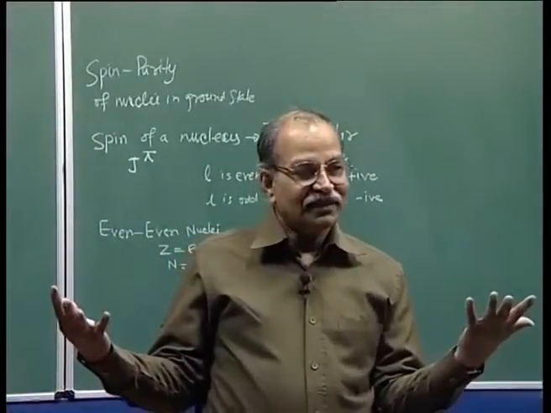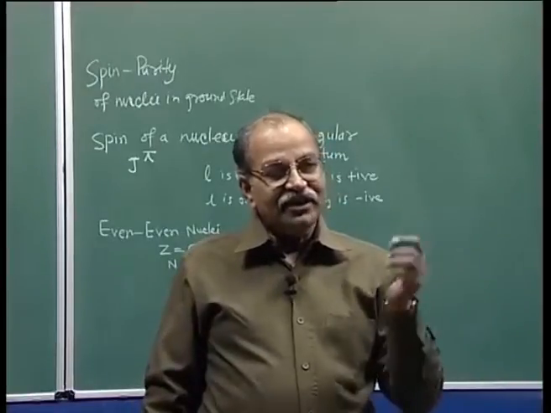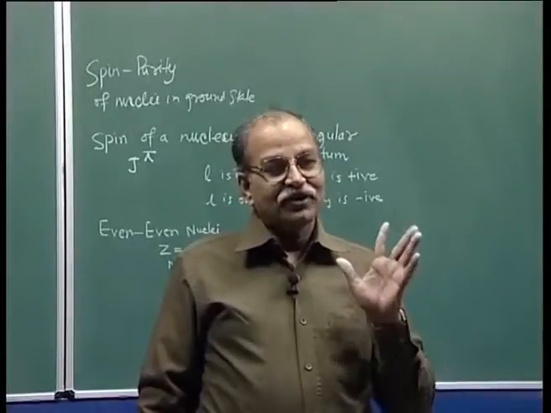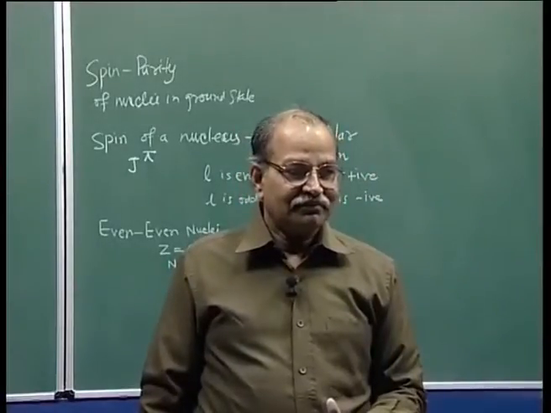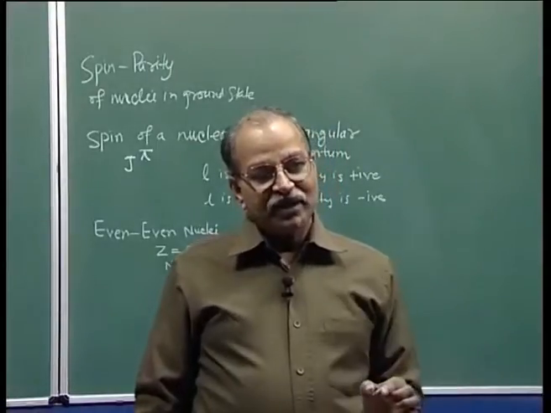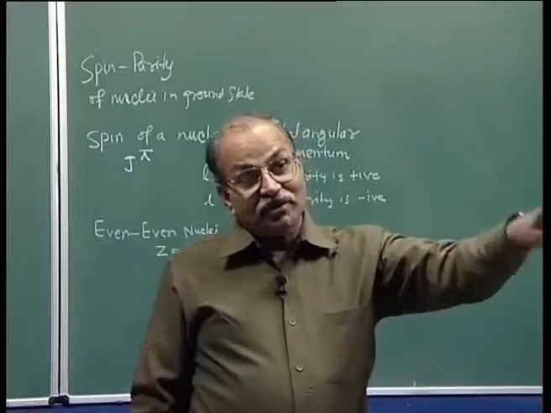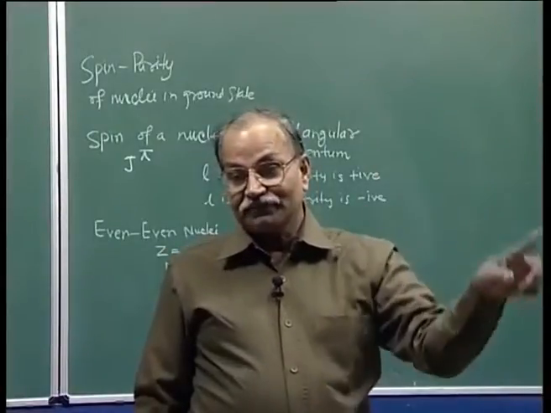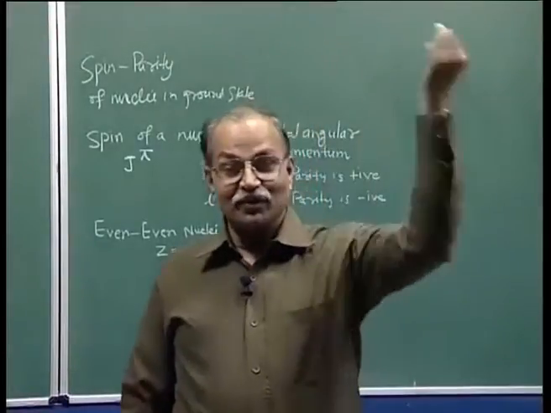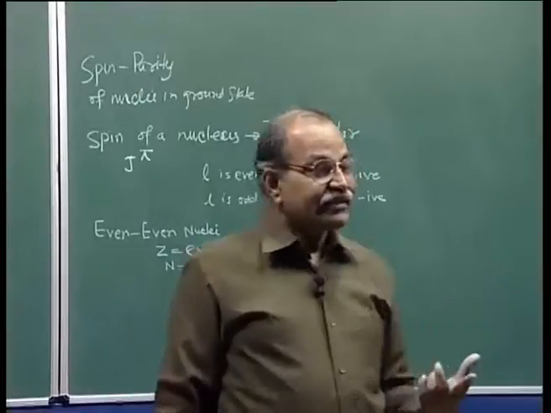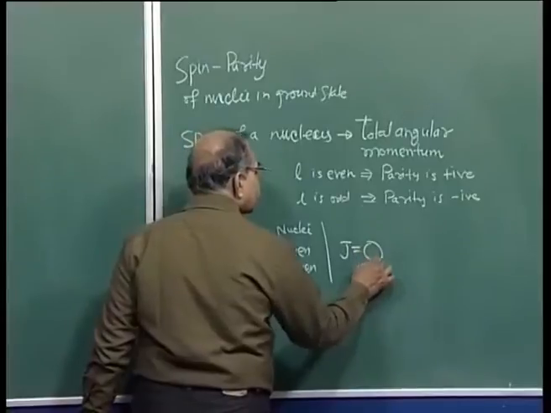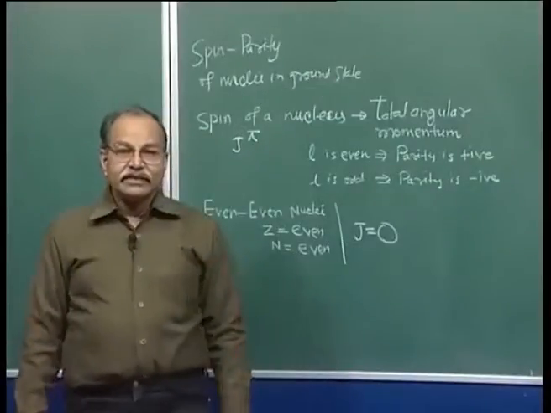greatest extent possible, right. So, if you have an even nucleus, all the protons will pair up and all the neutrons will pair up. So, if all the neutrons have paired up, all the protons have paired up, then the total angular momentum of the nucleus is also 0, because pairwise it is 0. So, 0 plus 0 plus 0 plus 0 plus 0. So, the whole thing is 0, it should be 0. So, spin should be 0,